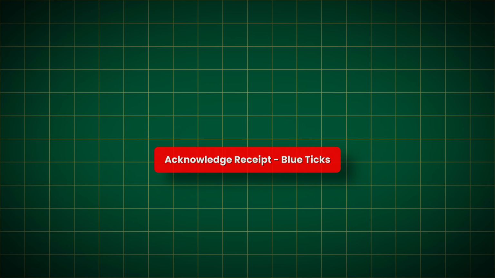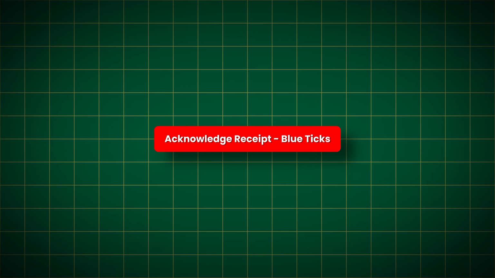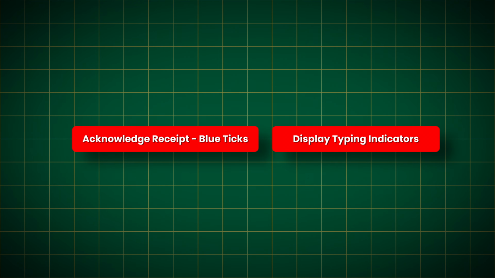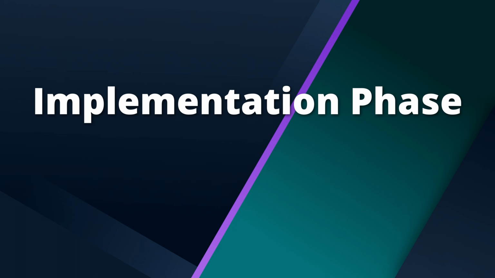Before we jump into the implementation phase, here is the workflow. We mark messages as read immediately so users know that you got their message. Then whilst we are processing the request, we show the typing indicators. The moment that your chatbot responds back to the user, WhatsApp automatically clears the typing indicator, so the typing indicator won't be shown. It's now time to do the actual coding.